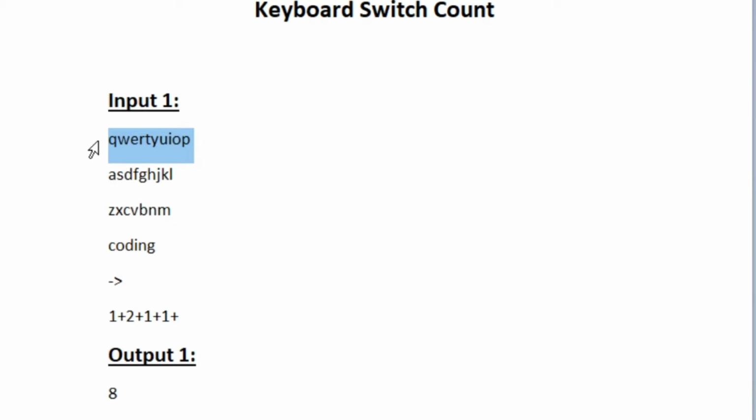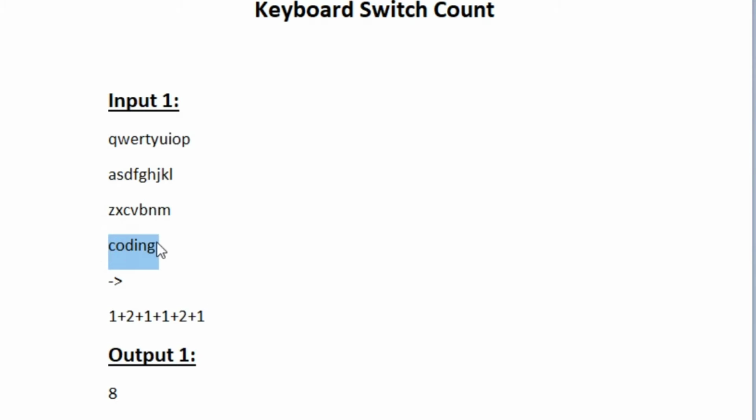The N is present in the third row and we are present in the first row. So totally we need to do 2 shifts to reach the third row from the first row. So I am adding 2, and then the last character is G. The G is present in the second row and we are present at the third row. So we need to do 1 shift to move from the third row to the second row. So I am adding 1.